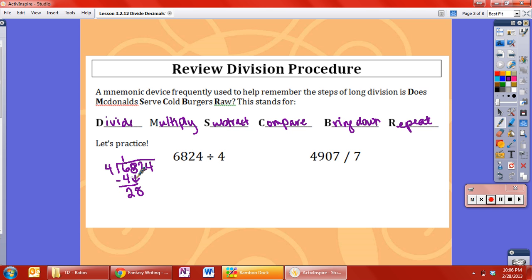Let's do an example of where compare will help. Let's say 4 will go into 28 6 times. And 6 times 4 is 24. And then I have 4 left over. Well, when I compare, I see that 4 and 4 are the same. So it could go in at least one more time, so I didn't do that quite right. And this would mess us up when we go to bring down the 2, because 4 goes into 42 10 times, and where would you put that 1 and the 0? So what I need to do is back it up